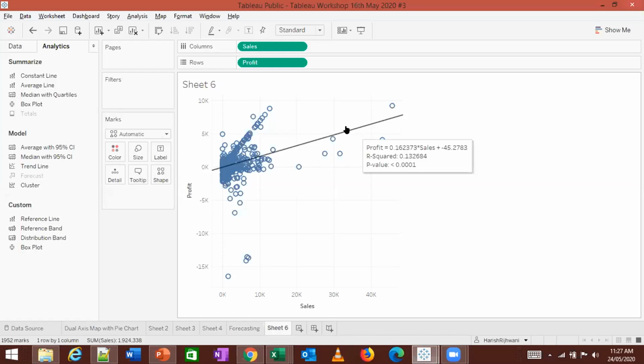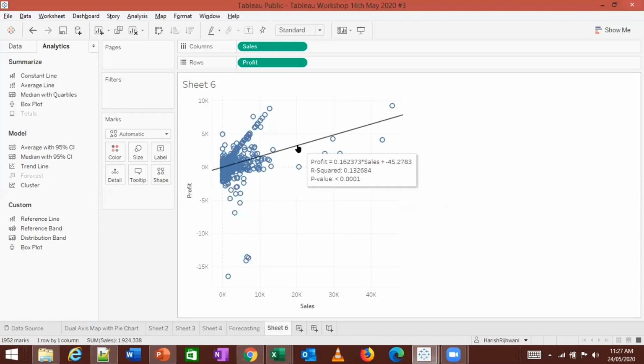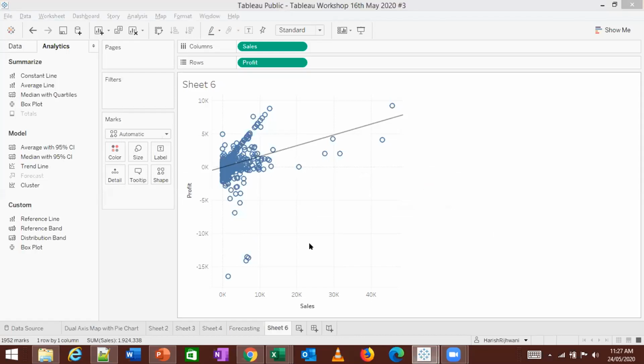And the R square value is 0.132684. So here also I'm getting the same 0.1327. It is giving me the same output as I'm getting in Excel in terms of the trend line. Understood? This is how I can create a trend line.